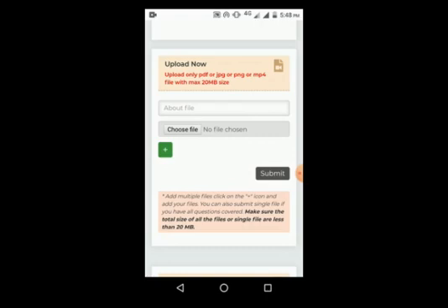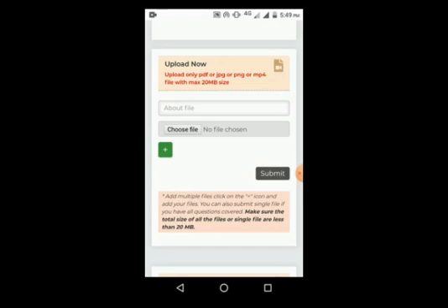Suppose you want to upload an Excel file, you have to convert Excel to PDF. Then you can upload that converted PDF file. If you want to upload any PowerPoint document, PPT, first of all, you have to convert it with a PPT to PDF converter. Then you can upload that converted PDF to LMS. So this type of things we can upload in LMS.